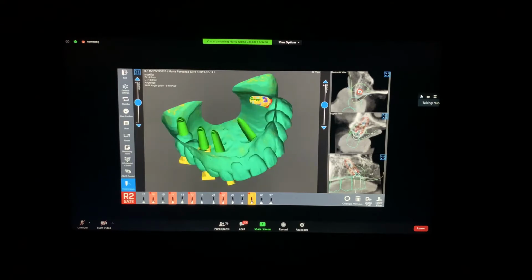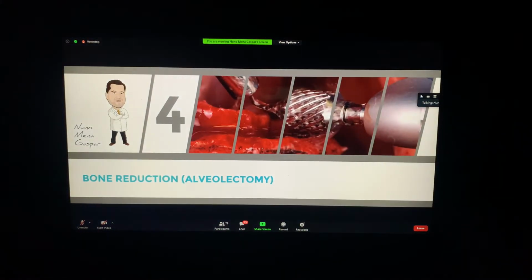Okay, so now we will talk about bone reduction and why we do it, and how we do it, and it will take me some time to explain this, because sometimes I see many people trying to